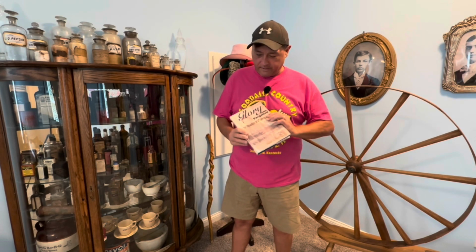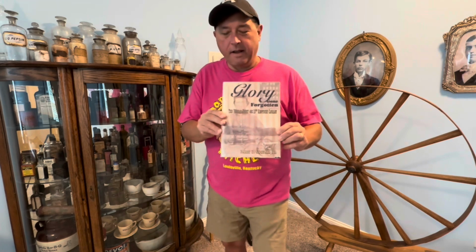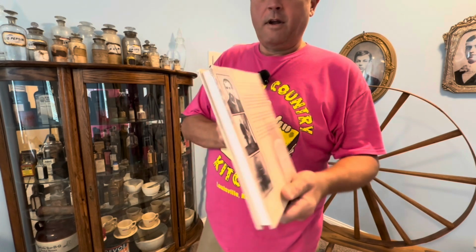I'm big into history. I'm a student of history, always trying to learn more, but I really believe in preserving my family history. Even 20 years ago, I got so tied up into it that I even wrote a book about my second great-grandfather's regiment during the Civil War. His name was Francis Marion Havens, named after the Swamp Fox in the Revolutionary War. But you can see him there and some other officers that served in his regiment. Anyway, I published that in 2004, and it was a mission that I was on, that I had to preserve